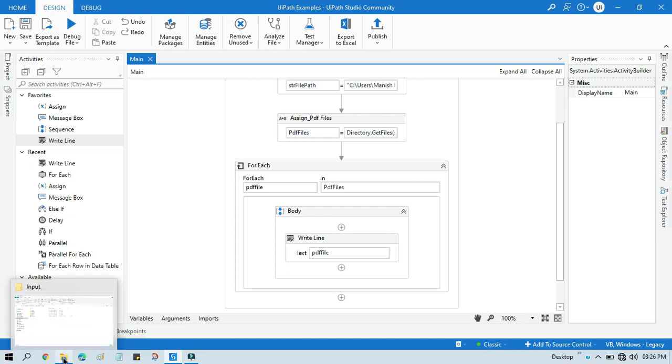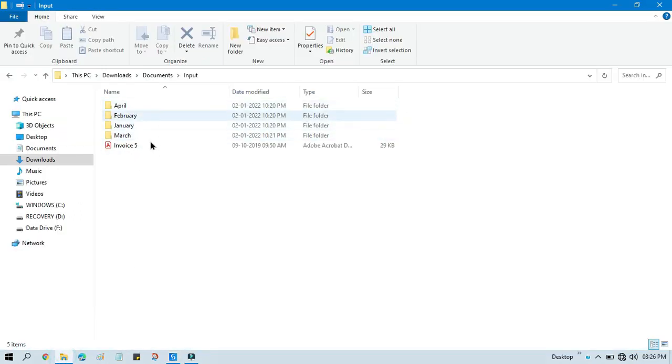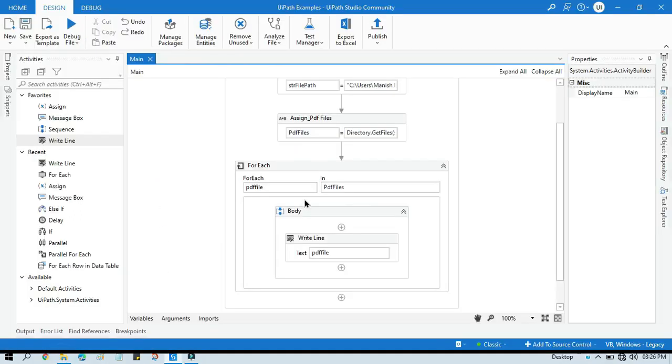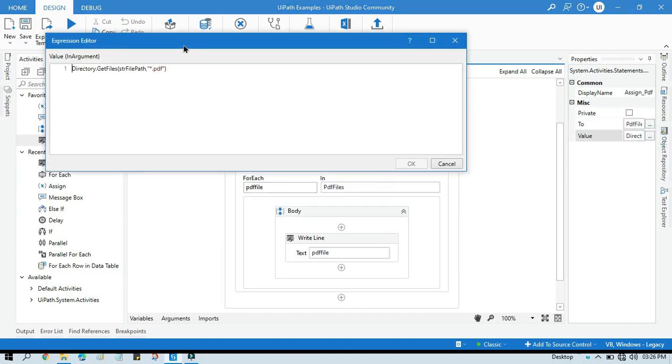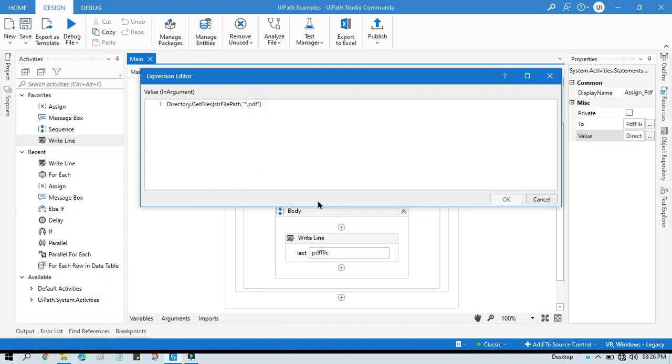Now if you want to get PDF files from all these subfolders, you just need to make changes to this VB expression. After this .pdf, you need to enter comma, and then you can see we have a search option.